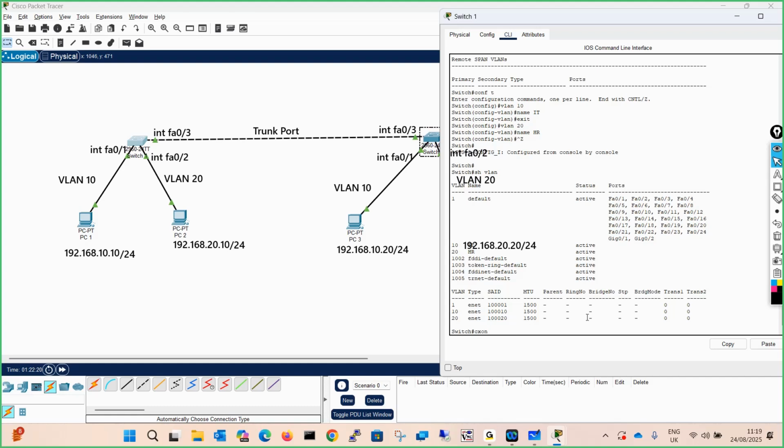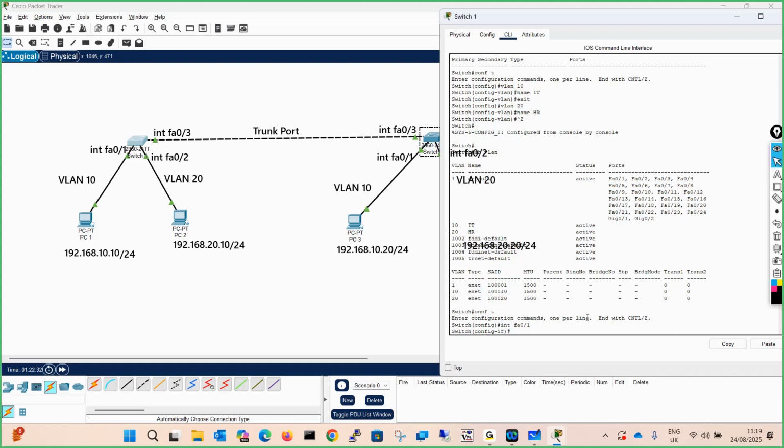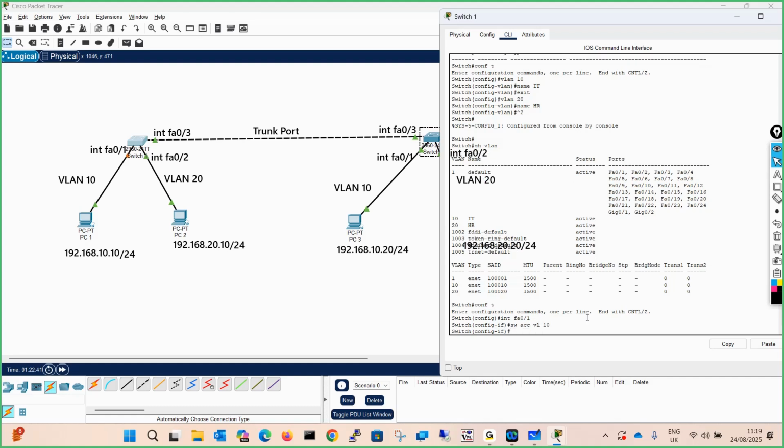Go to configure terminal mode, go to interface FA0/1, hit enter and give the command switchport access vlan 10. And always remember that these ports will be access ports, the ports which are connecting to a single VLAN.